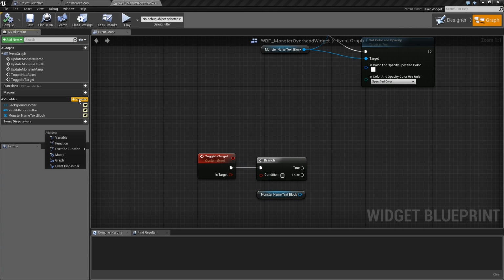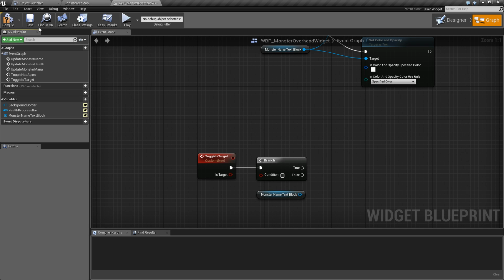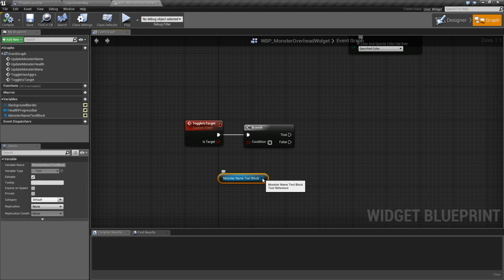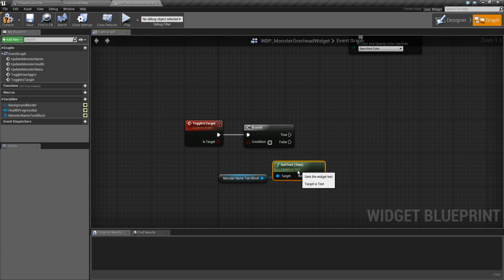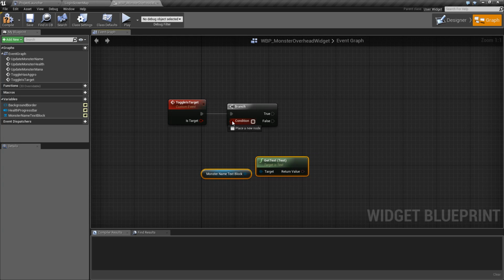let's see. So let's have a new variable original. Actually, can we just, we can probably strip. Let's see if we can do this without storing the original name. I think we can strip is what we're going to do. We'll do a little bit of text manipulation. Get text. So this will grab the text that we have. So this is the text that's already in our name block. If we're toggling it as our target,